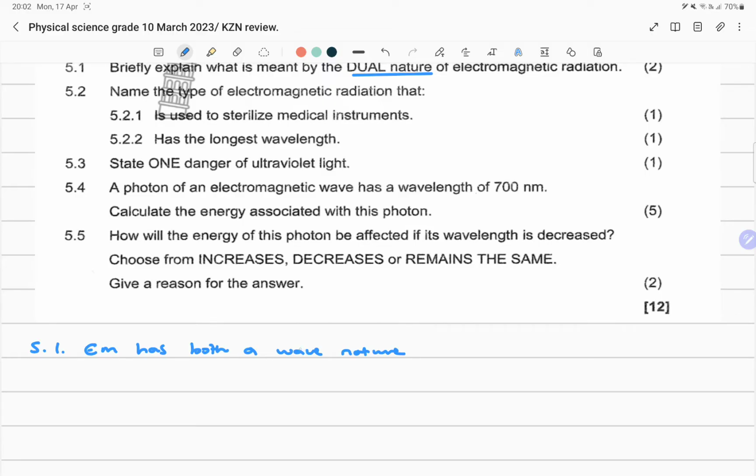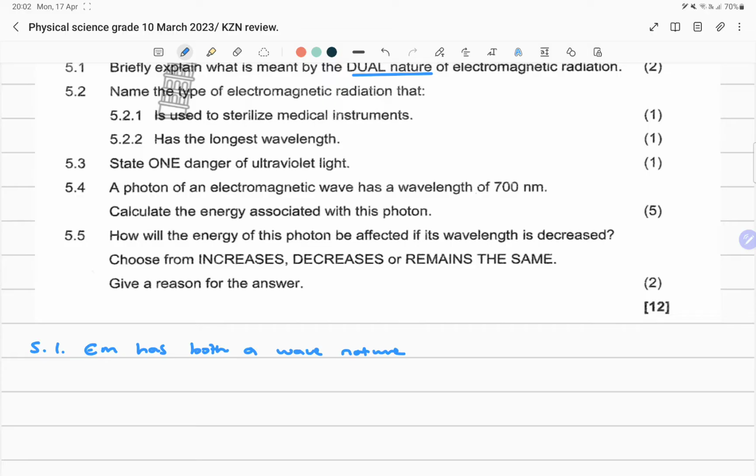Waves can travel through a medium, waves can be reflected, waves can be refracted, there may be some interference patterns. So that is what we mean by wave nature. We're talking about all of those properties of a wave: reflection, refraction, interference, travel through some sort of medium